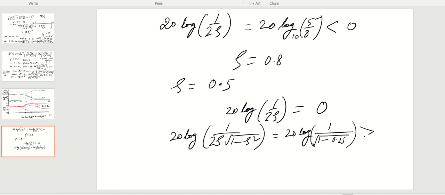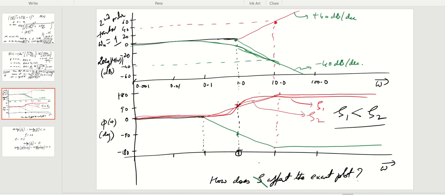Now you can see that this is positive because this is square root of 3/4, which is 2 by root 3, which is more than 1. So when you pass an argument more than 1 inside the logarithm, this is positive. So therefore the peak value,